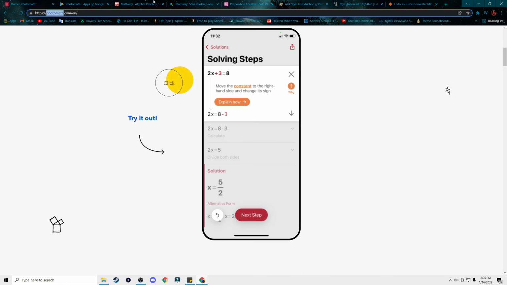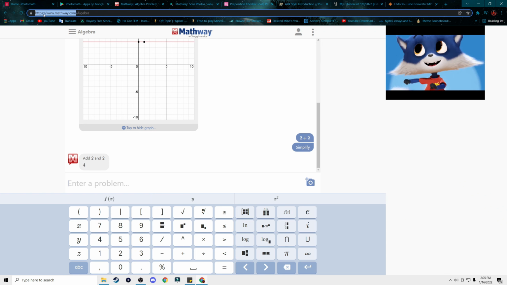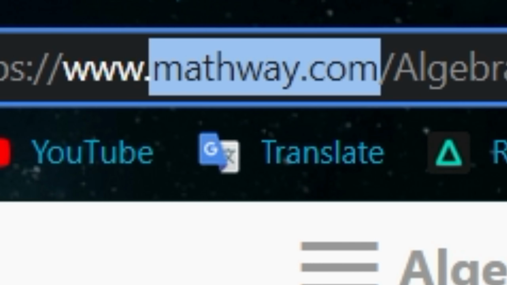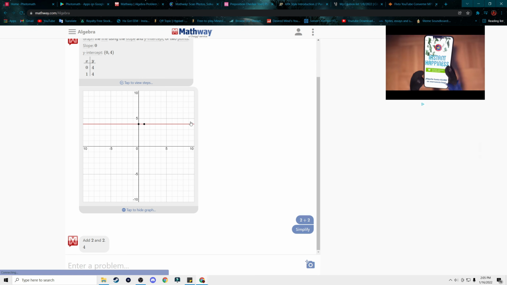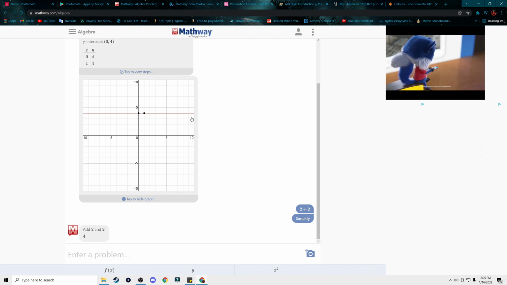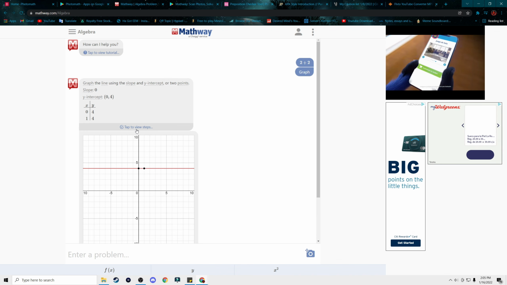I just use the app for Photomath, and for Mathway I use the website. You just type, boom bing bang, mathway.com, and you're set. And those are 2 good math apps. So they're pretty good if you have a professor that sucks at explaining things, or maybe you just don't get it regardless. This is a good app that can help you out. It explains some of the situations as well. You can tap to view the steps,